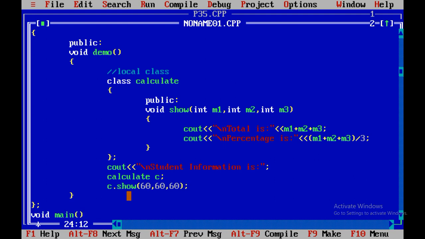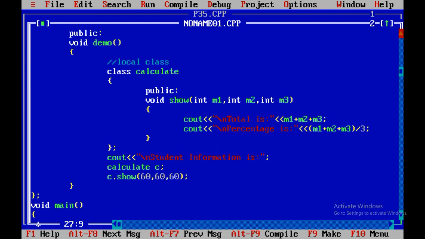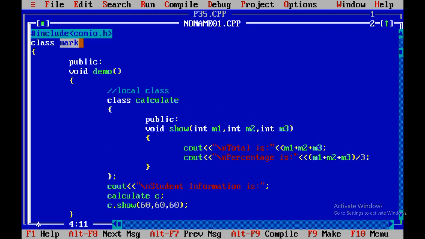Void main. Two functions which we always need to use, that is clrscr and getch. Now what is our outer class? That is class mark.